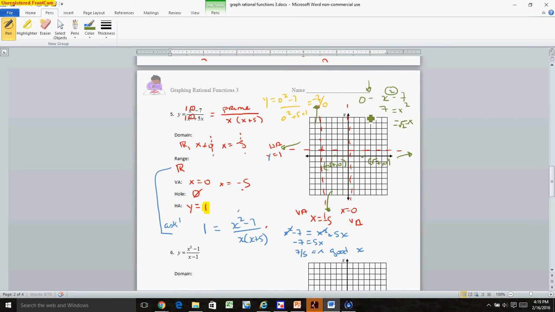There's a graph everywhere else. I only touched my horizontal asymptote once, and I found out where that was, at negative 7/5, which is like negative 1 something. So I'm on my horizontal asymptote right here at negative 7/5,